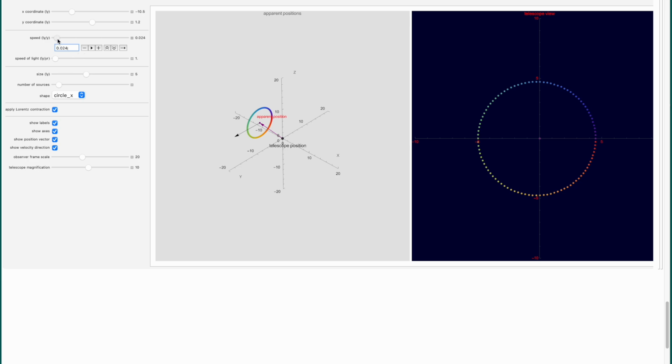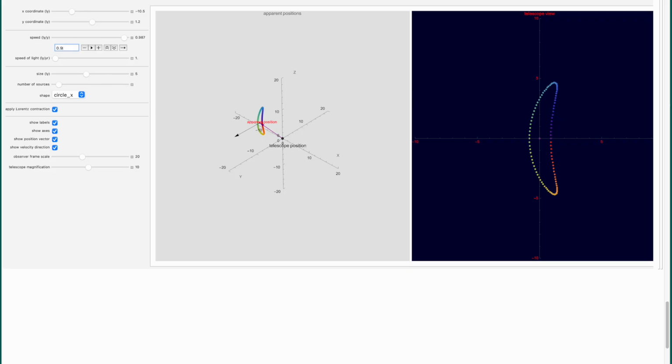Okay, so here we go. We're going to increase the speed. Okay, here we go. Now here we are at 0.987 c. Let's make it exactly 0.99 c.